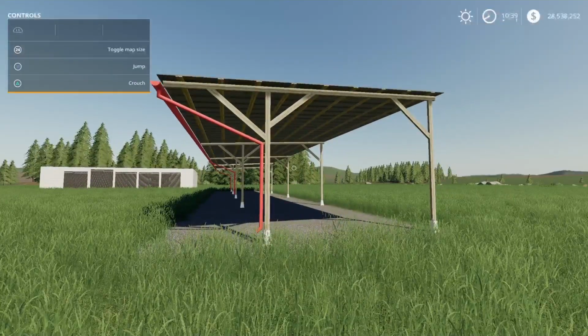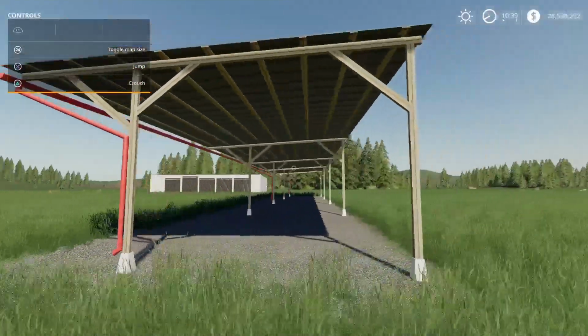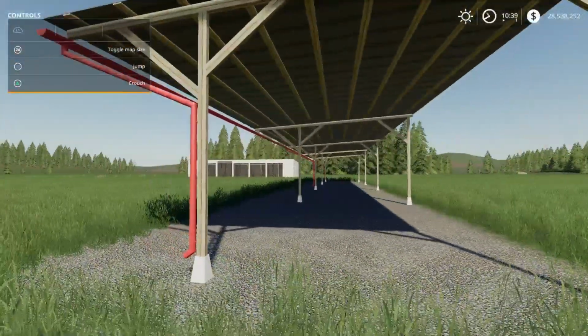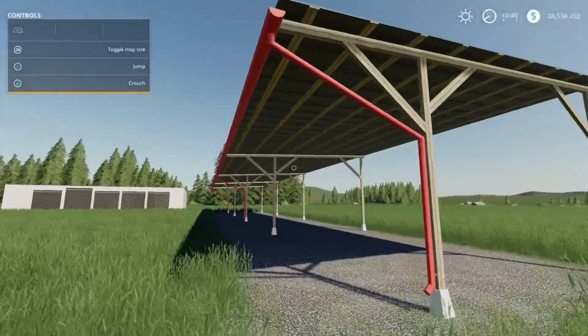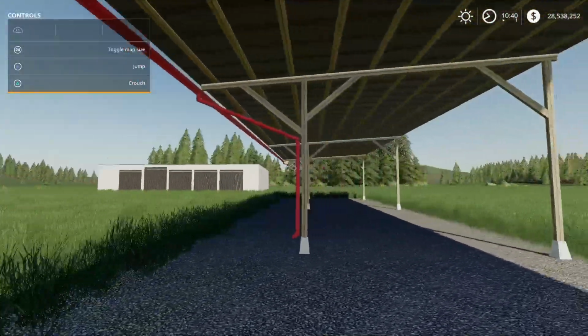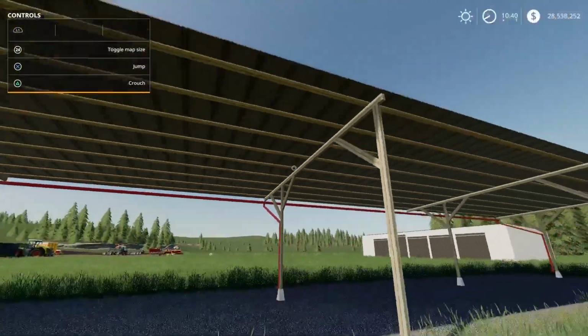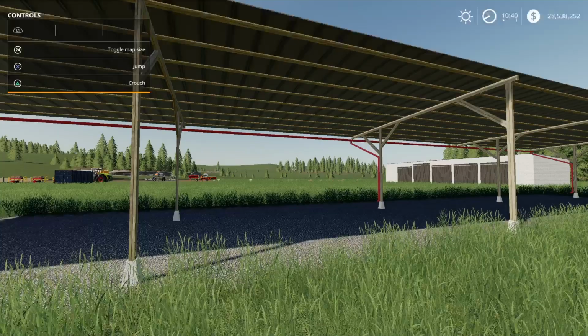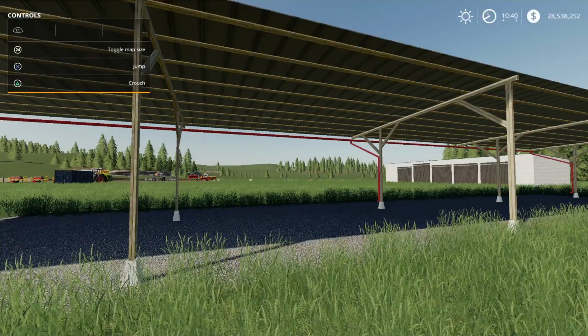Now next up we've got the shed. This is by Nismo. I probably put this around the wrong way. Open shed all the way round. Nice detail with the guttering and stuff on it as well. Again, no lights with this. Plenty of space underneath it, not bad height either, so you should be able to get fair sized machinery under there. This one is only 4 slots,